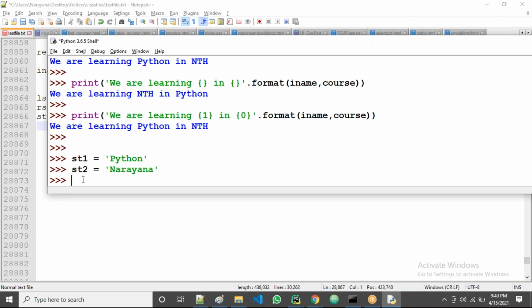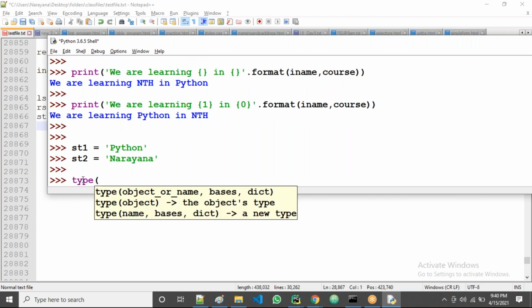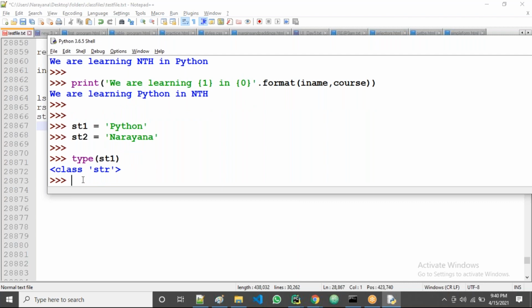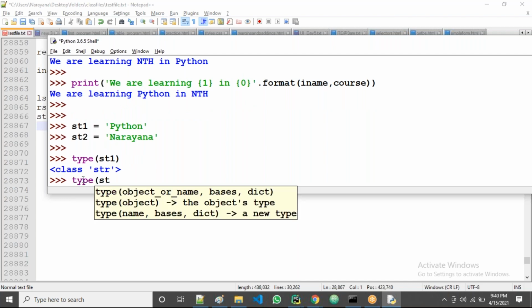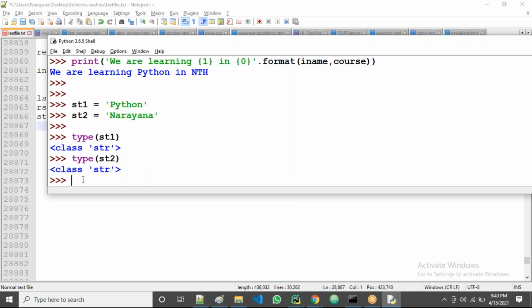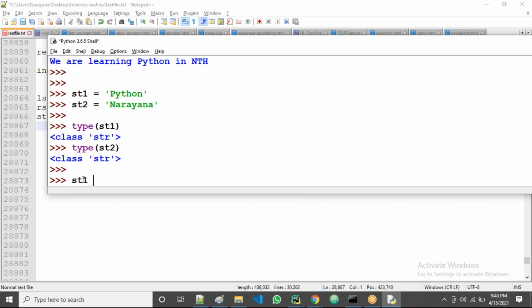What is the type of ST1? String. Now the type of ST2? Same, string only. Both are string only. Now between these two strings,